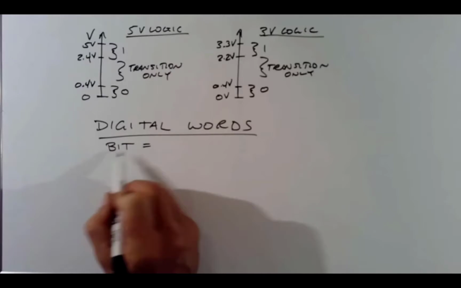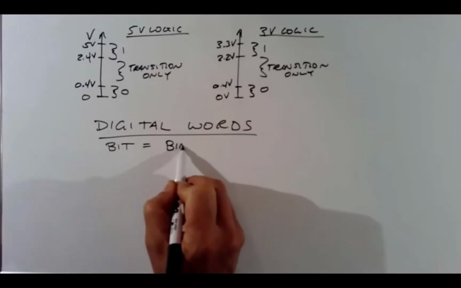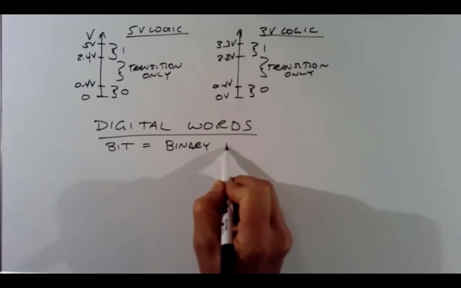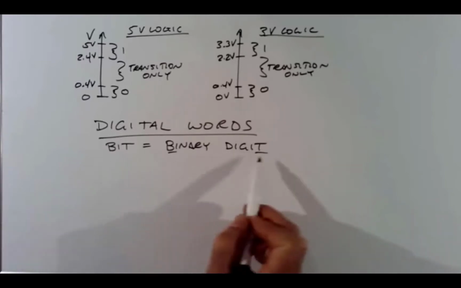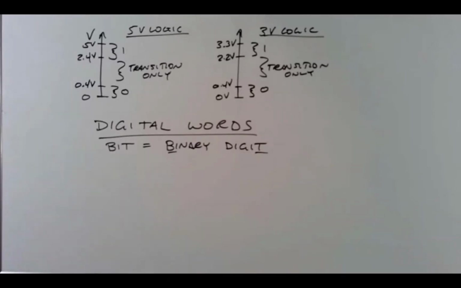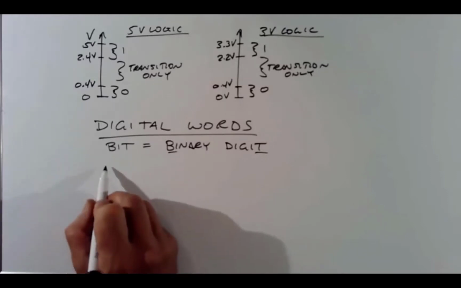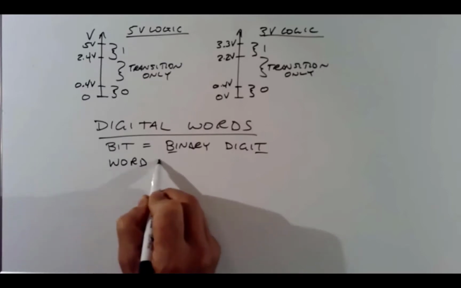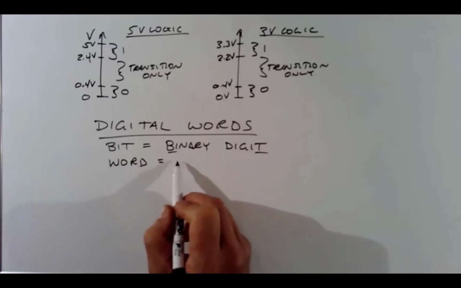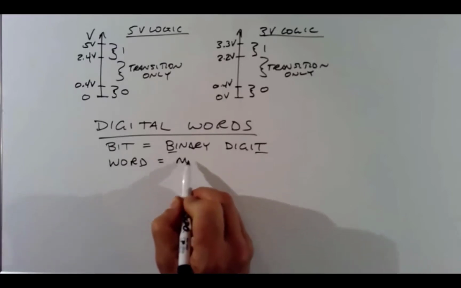Bit stands for binary digit. Okay, so that's what a bit is. It's a binary digit. And if you take bits and you put them together to form values, that's called a word, right? You represent info with multiple bits,